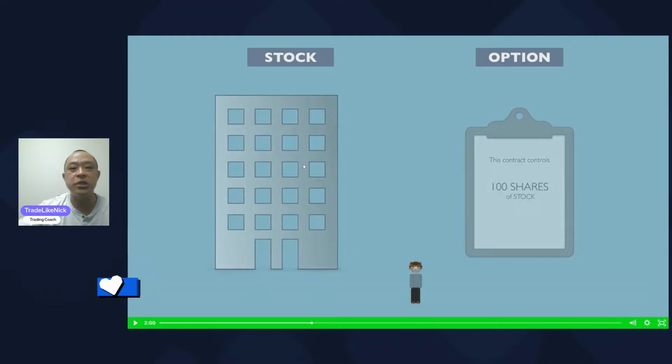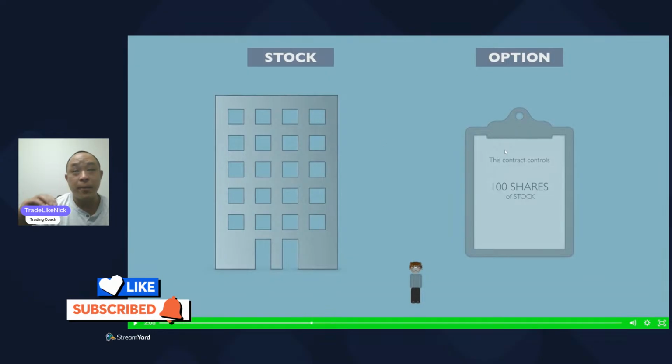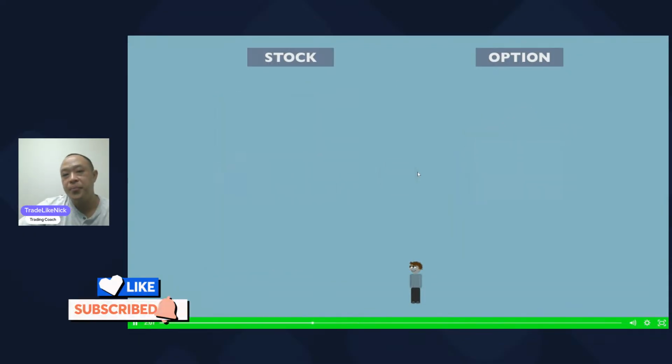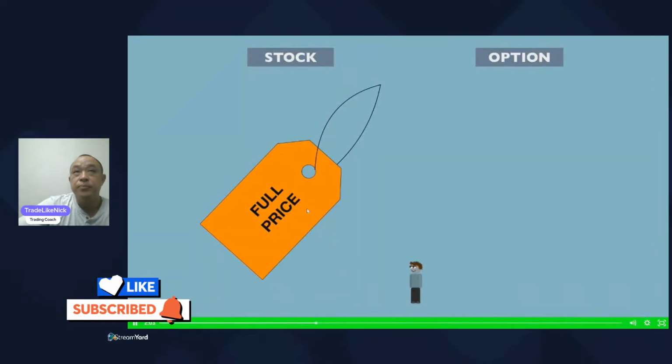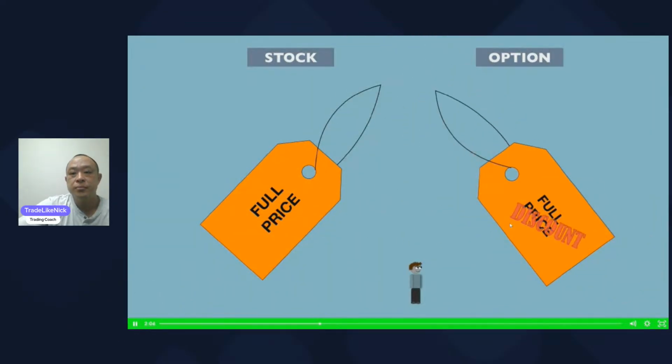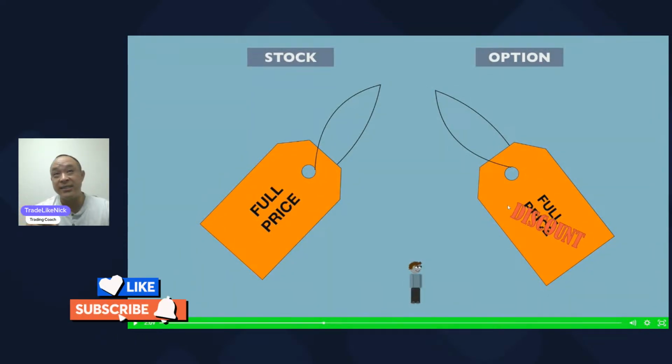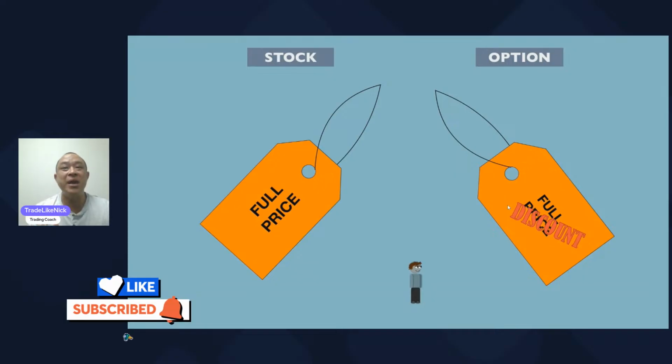The main difference between stocks and options is that options expire, meaning after a certain amount of days, the bet either wins or it loses. Stock, you can buy and hold forever. With stocks, you pay the full price for the share. With options, you can control the same stock for a fraction of the cost. So an option is a derivative of stock. So why pay the full price when you could take a position, let's say a bullish position, but you only have to pay maybe instead of $100 a share, you might only have to pay $5 a share. Right. And because an option controls 100 shares,